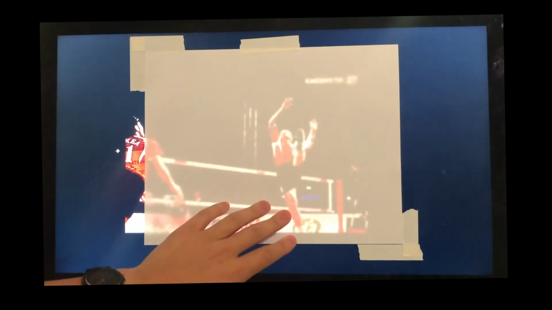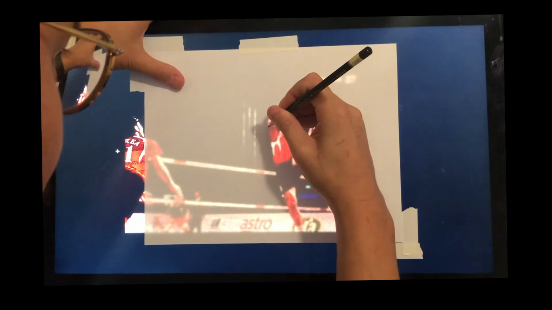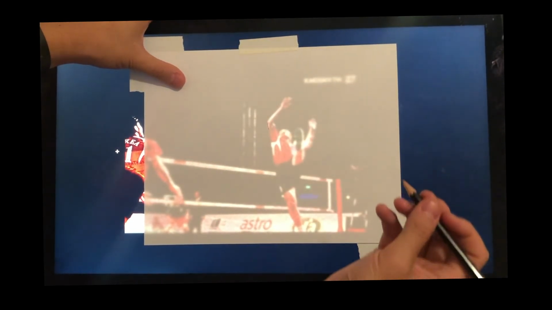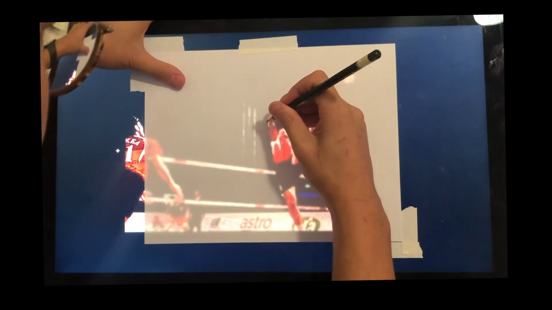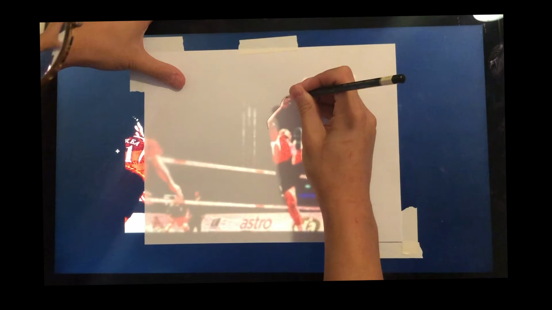Depending on your screen and the brightness, however many nits your screen can get up to, you might not be able to see through your paper super well. But if you change the contrast, it'll give you a better chance at seeing the lines and the shape of the body beneath it. So you're just gonna take your pencil and you're gonna trace over all of the lines